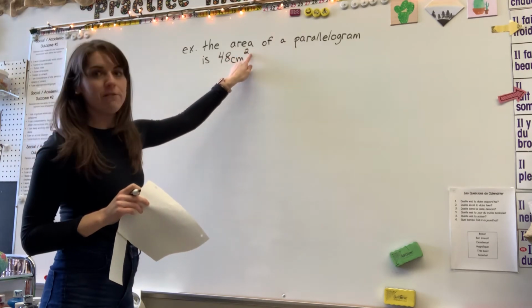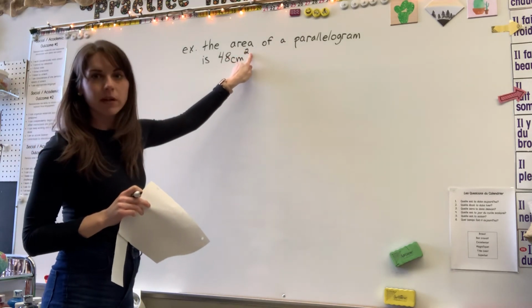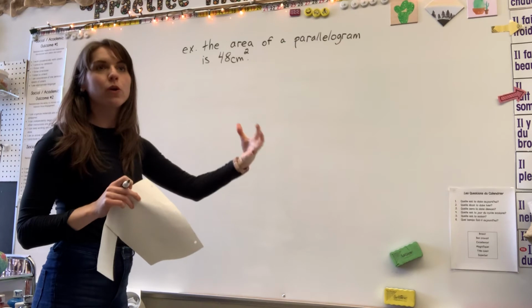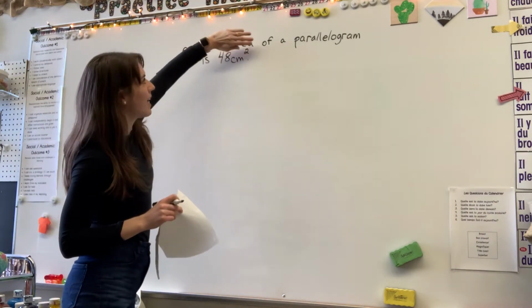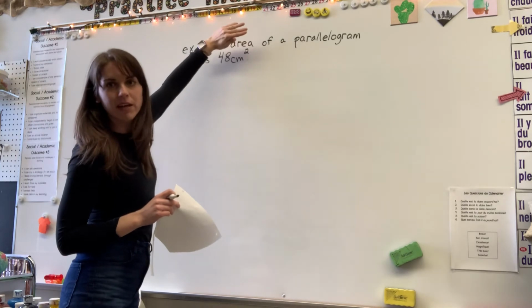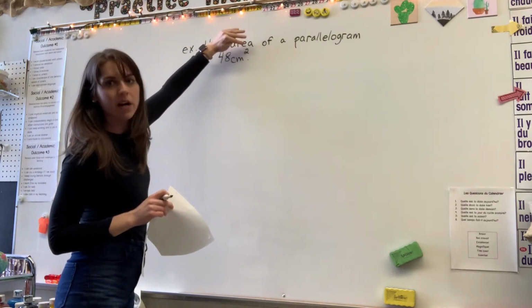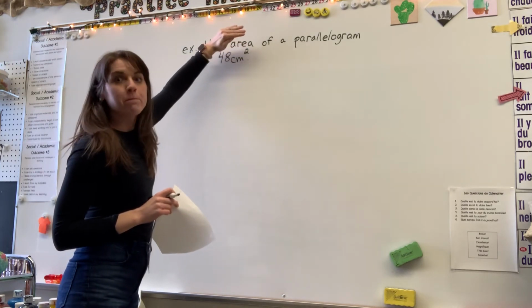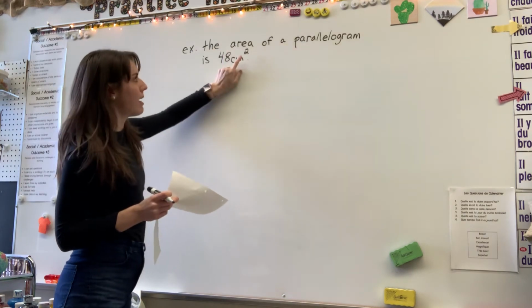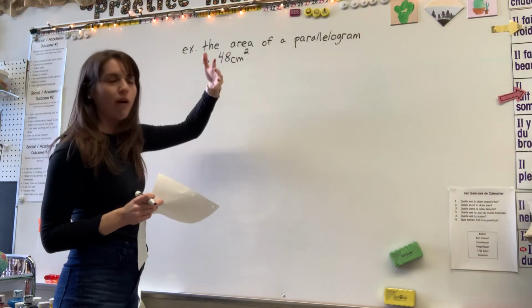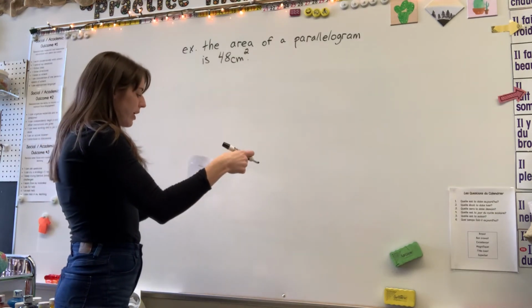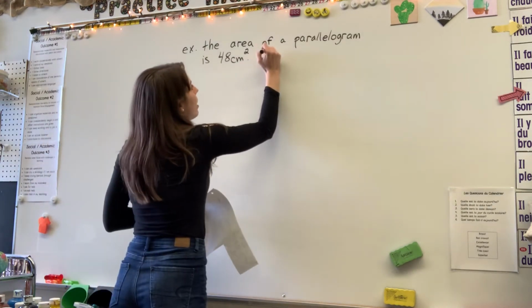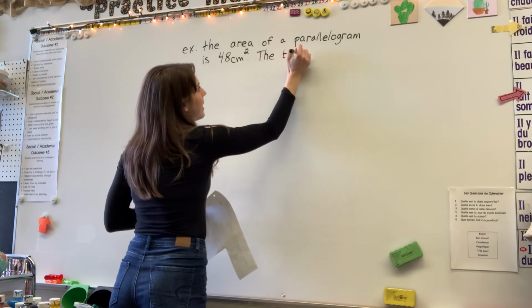You also know that if you see a squared symbol, the question has given you the area, right? Like say I just said the something of a parallelogram is 48 centimeters squared. What is that something? The something is the area, right? Because it's squared, you know, that's what they've given me, okay? So there you go. I'm also giving you the base